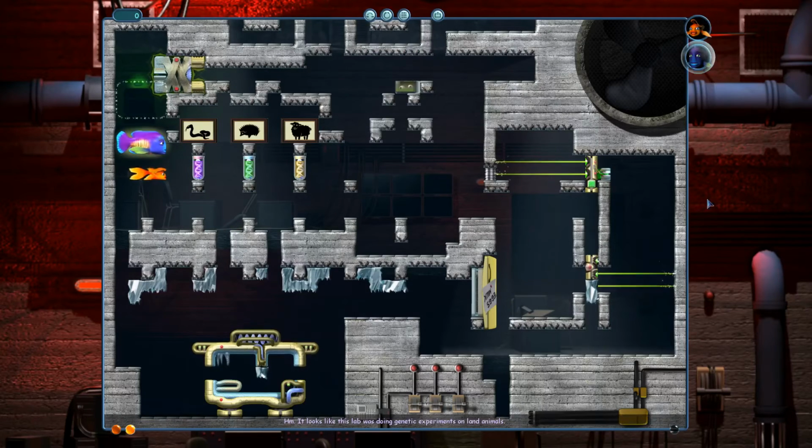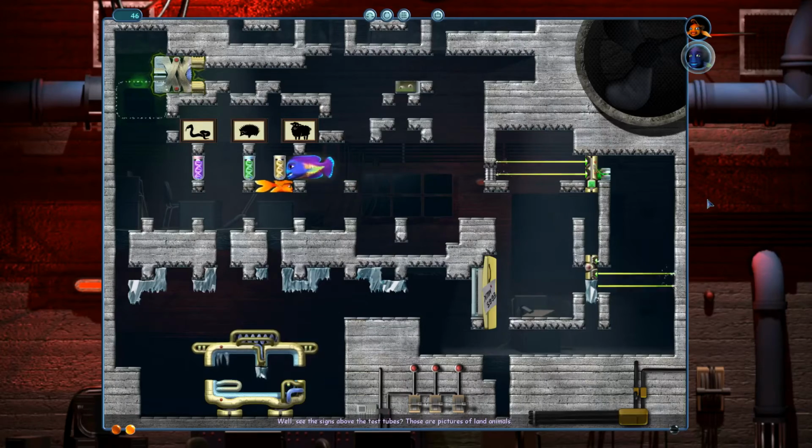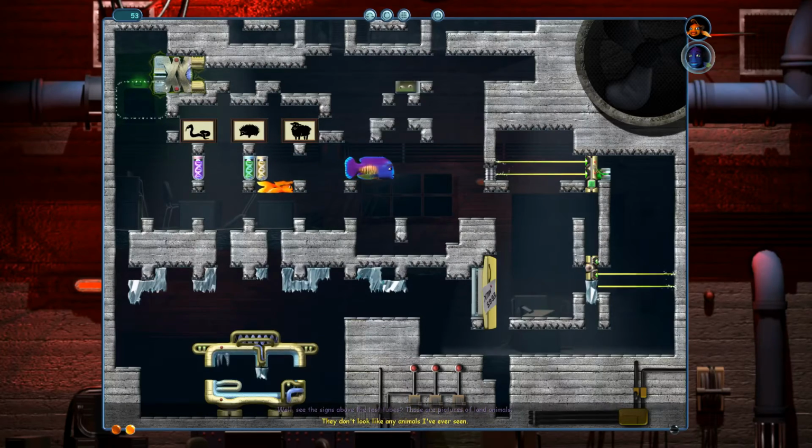Can I do that in a different order? Looks like this lab was doing genetic experiments on land animals. How can you tell? Well, see the signs above the test tubes? Those are pictures of land animals. They don't look like any...